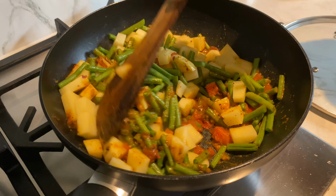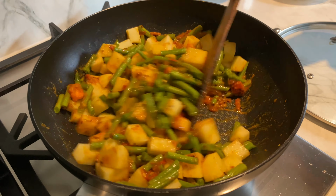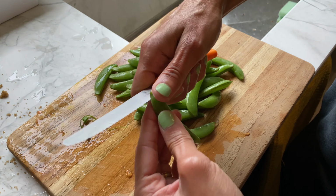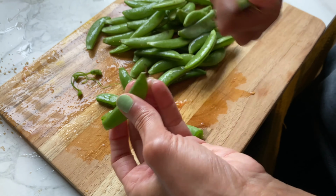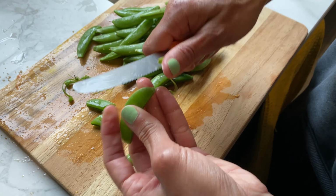One more thing I'm going to add, which is a bit unusual to add to this, but I promise it will be nice. I've got 150 grams of these sugar snap peas. I'm just going to cut the sides and chop them in half, that's it. But I will add them not yet, I'm going to add them in 5 minutes once the beans and